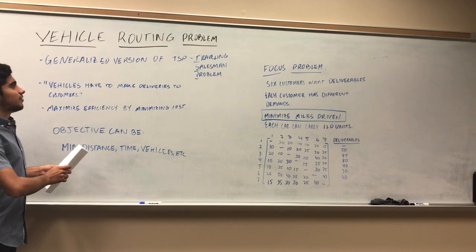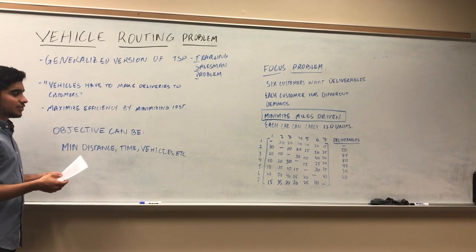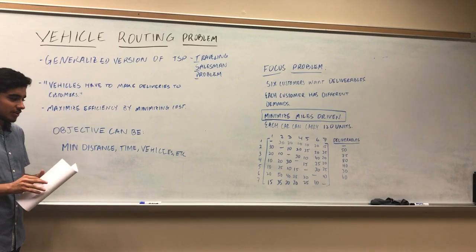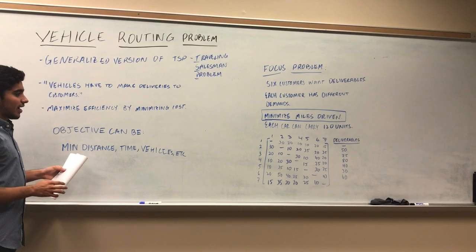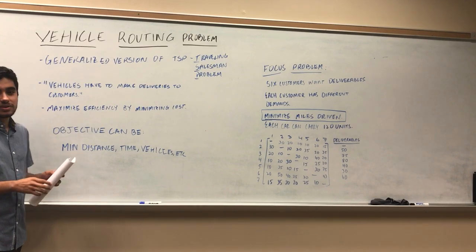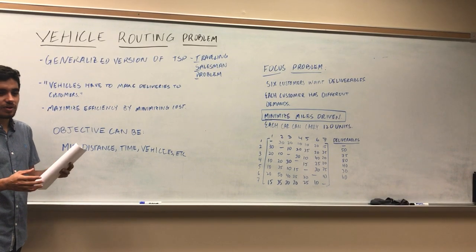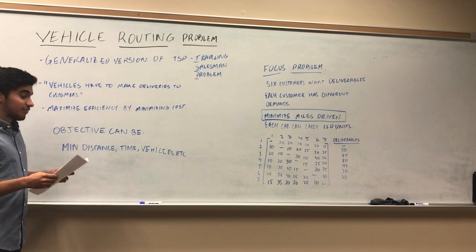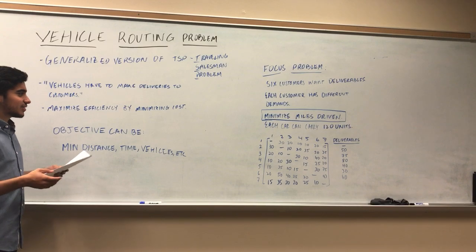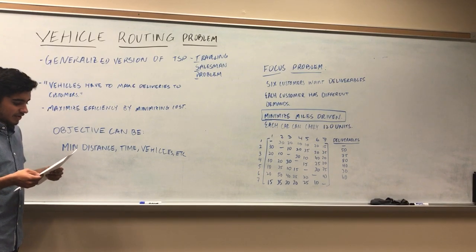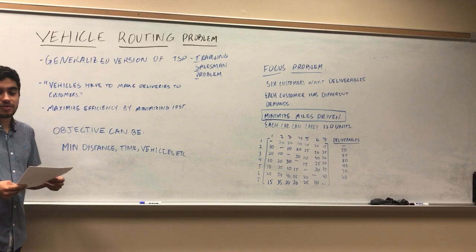The VRP is essential because if you have 15 cities that you're traveling to and making deliveries, you'd have n factorial over 2 possible routes to all these different cities. So if you have 15, that's over 630 million routes. And 630 million is a very big number to search through to find the optimal solution or a feasible solution